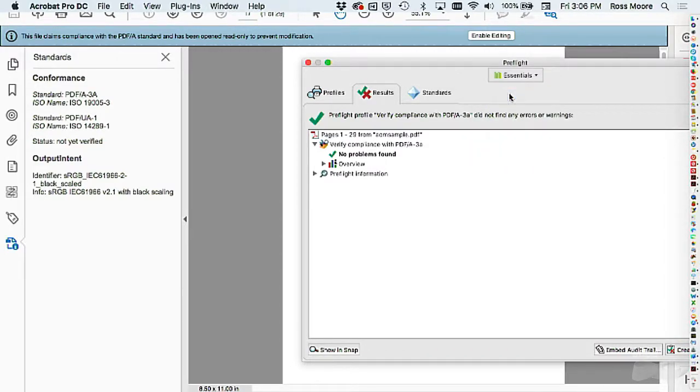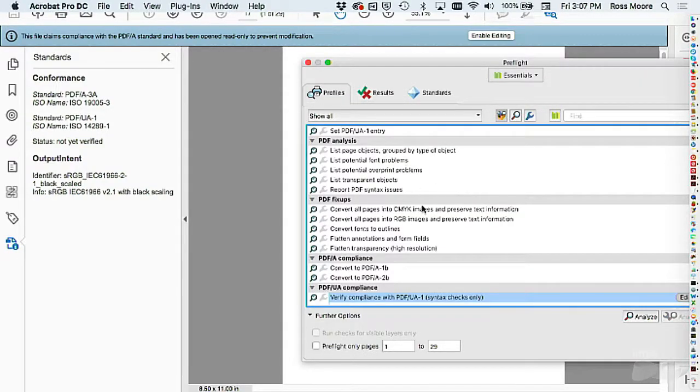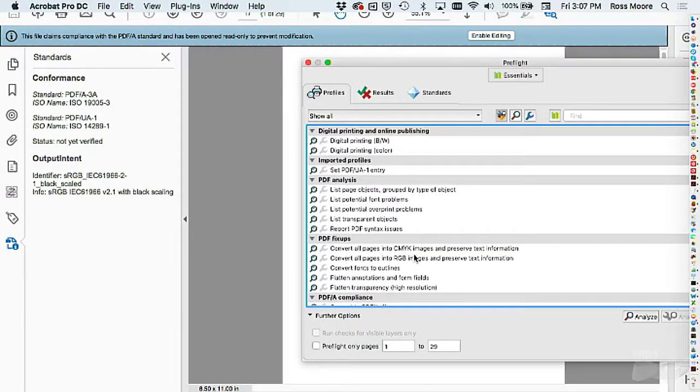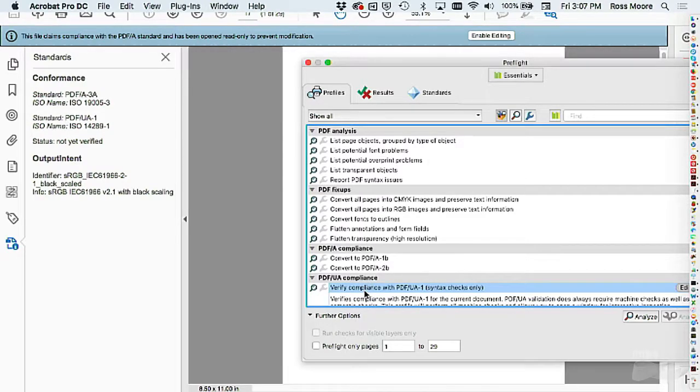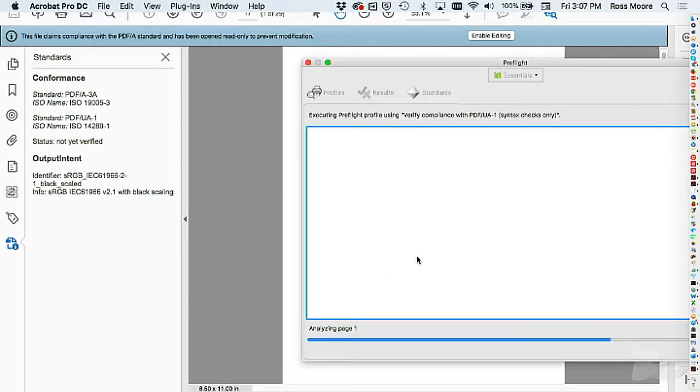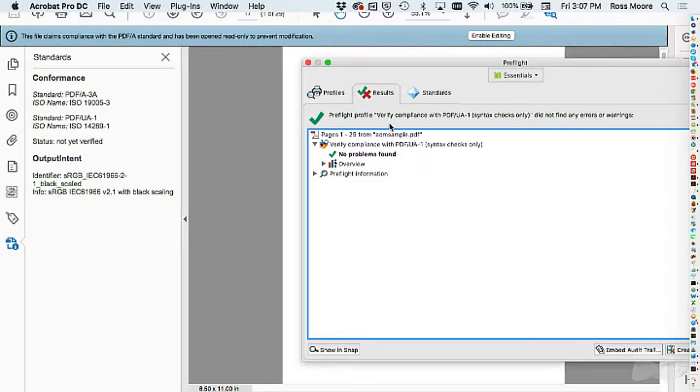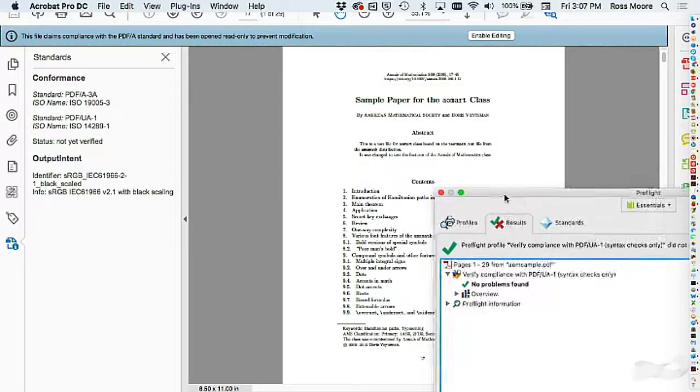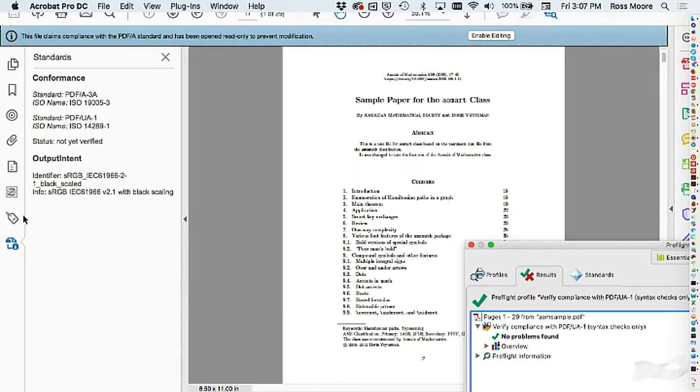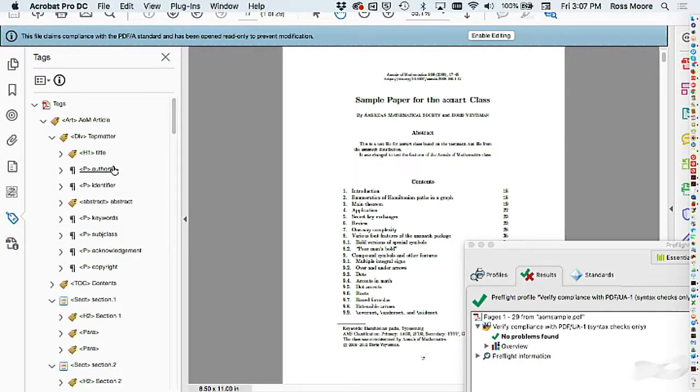Back to essentials. And profiles. PDF UA compliance. Okay, no problems about PDF UA, and there's going to be no problems with the syntax. Okay, so if we look at the tagging,